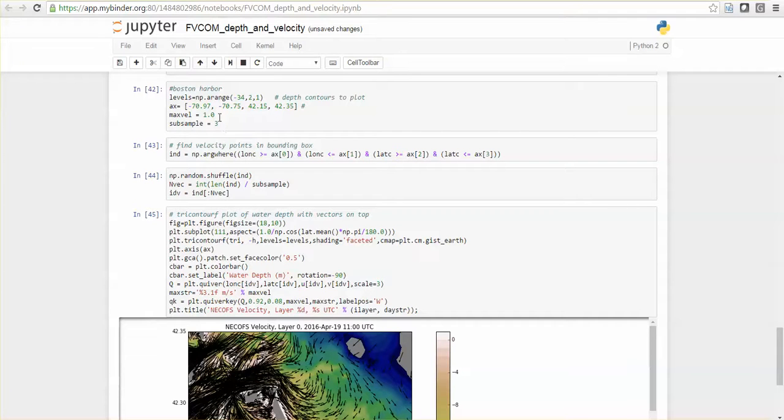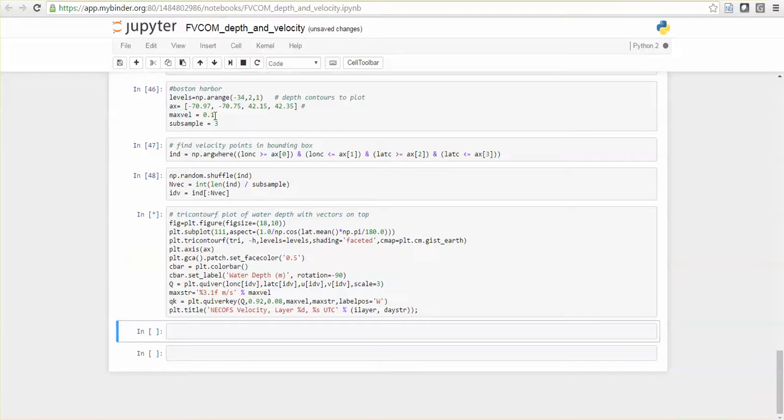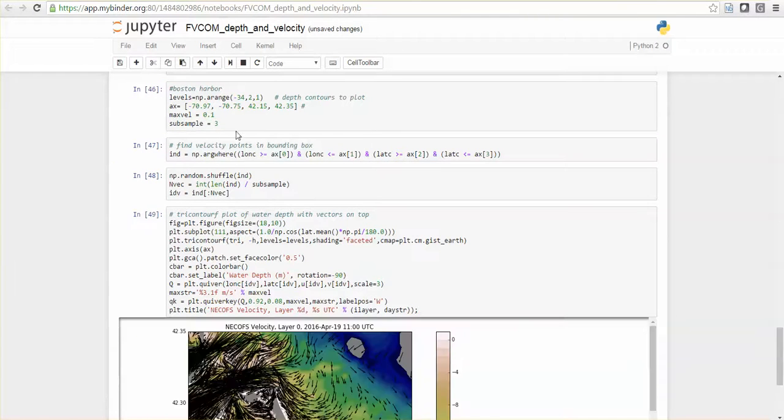And it looks like, did I go the wrong way? I guess maybe I went the wrong way. Let's see what that looks like. Okay. Well, anyway, so that's kind of what